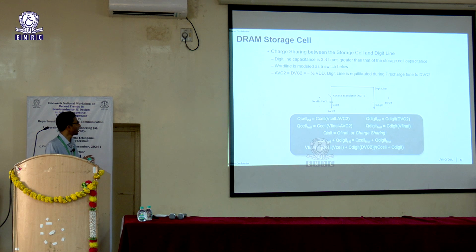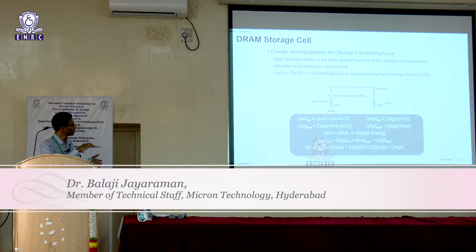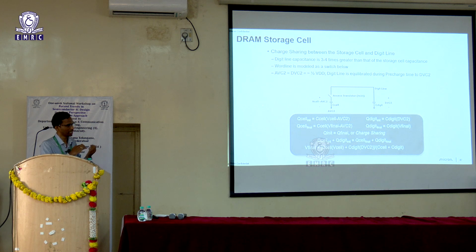Let's look at how we access a particular cell. Here this is your cell, C cell, and you have multiple such cells tied to a digit line. If you're aware of how a memory is typically constructed, you have multiple rows and multiple columns. Along a column, you'll have multiple rows, and each row will have one cell attached to it. At the end of the day, you'll have some amount of digit line capacitance associated with the digit line as well. If you're accessing a cell here, it's like closing the switch. This is your access transistor; we are mimicking the functionality of the access transistor by using a switch here.